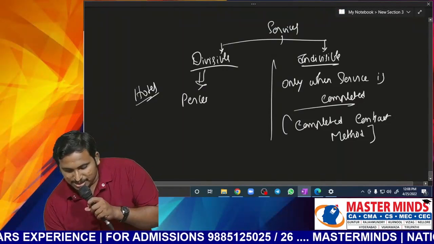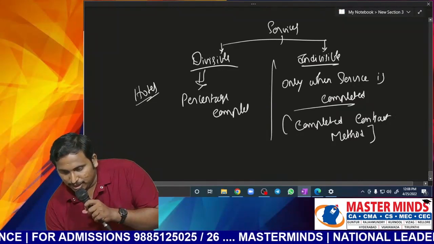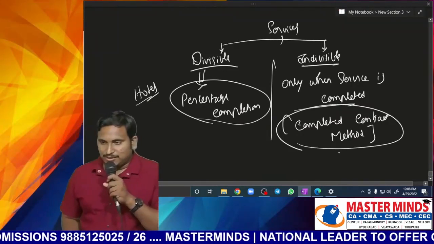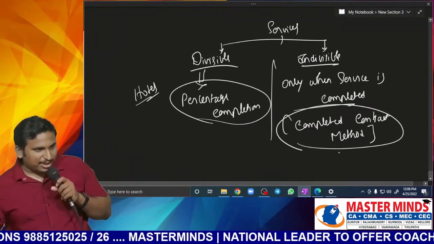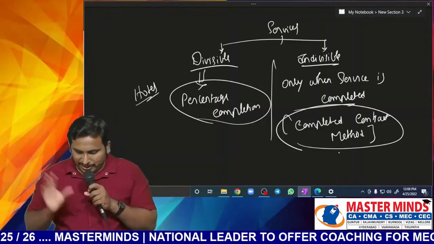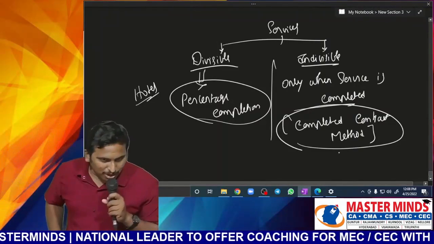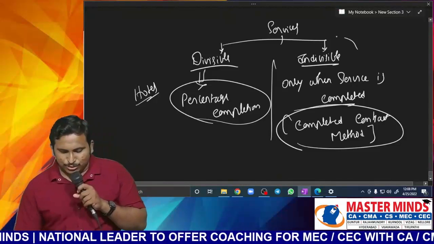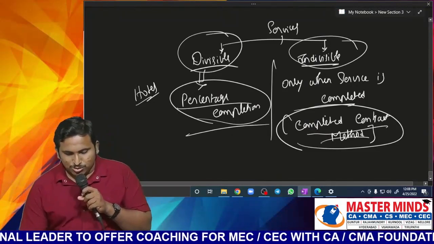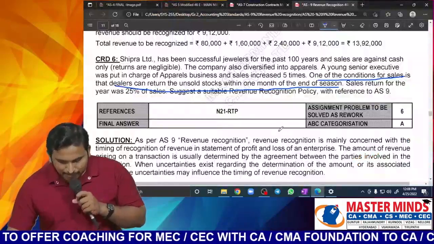It is just like our AS 7 percentage completion. Based on the percentage of work completed only, we will recognize. Based on this only, revenue will be recognized. Sir, have you all understood? Basically, depending on the type of service, we recognize the revenue, whether it is divisible or indivisible. The standard doesn't use these words; they'll use some other words, but ultimately they say these two methods will be used. One is the completed contract method, the other is the percentage completion method.